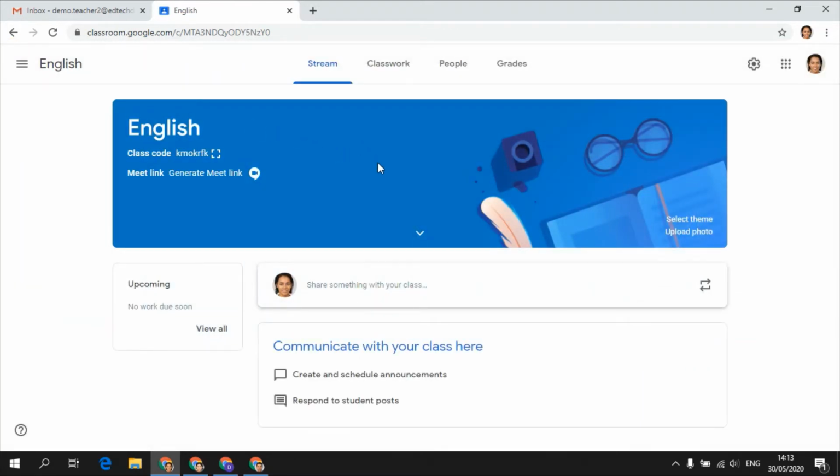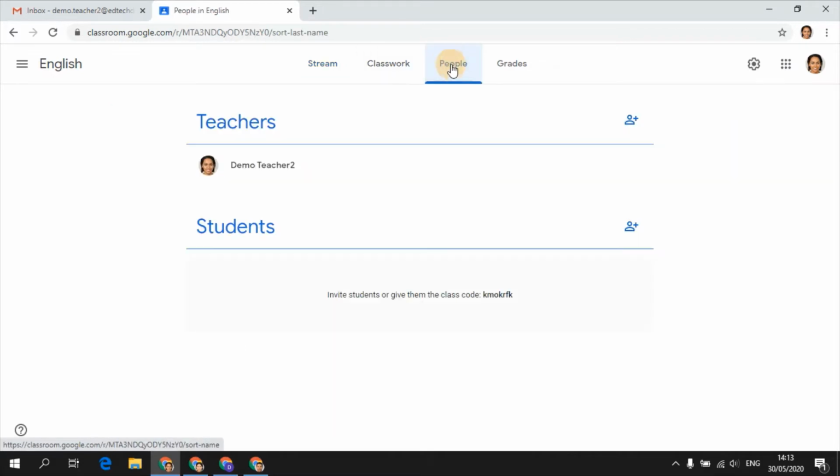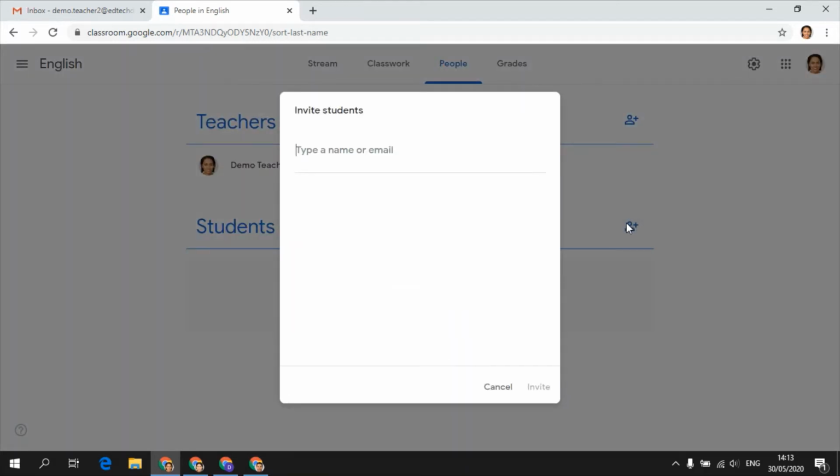Another way you can invite a student is you click on People, and in the Students tab, you click on Invite Students. And if you know their email addresses, you can invite them directly, so they don't have to go to Google Classroom and type in the class code. In our case, we're going to send an invitation to demo student number 1. So demo student 1